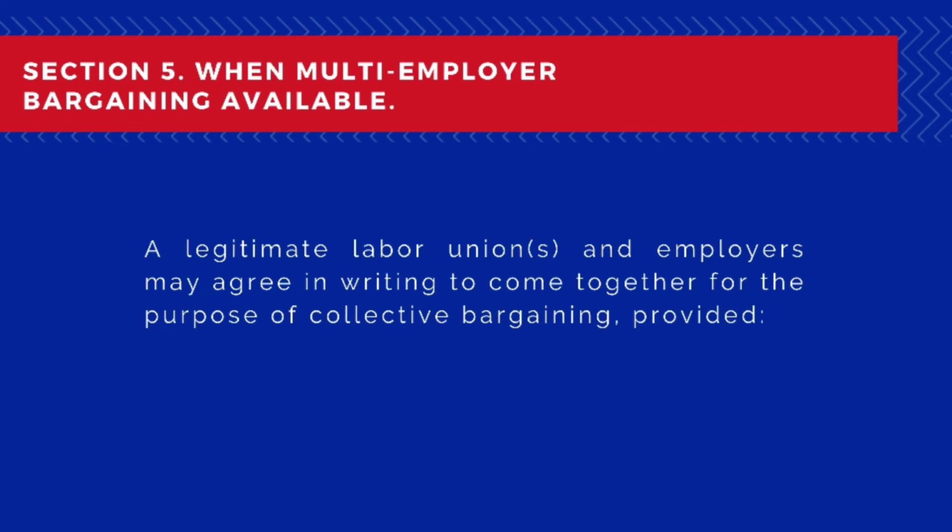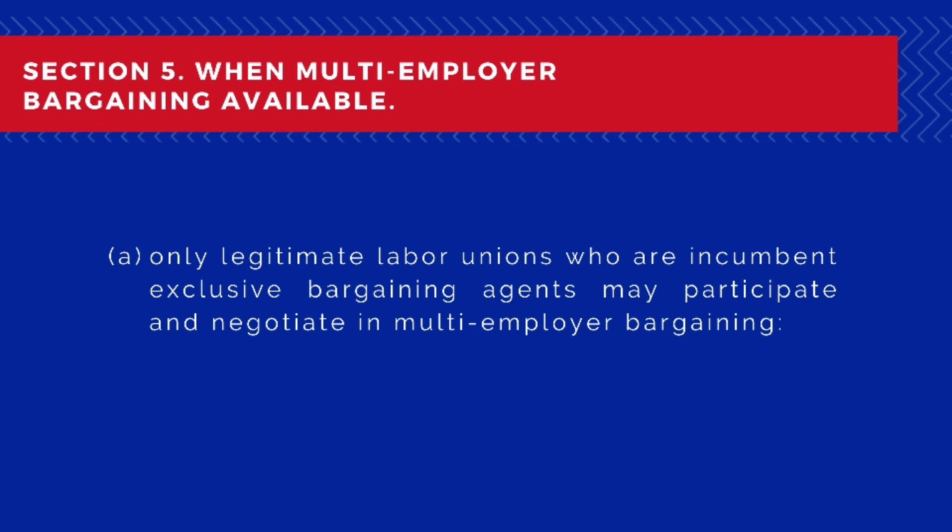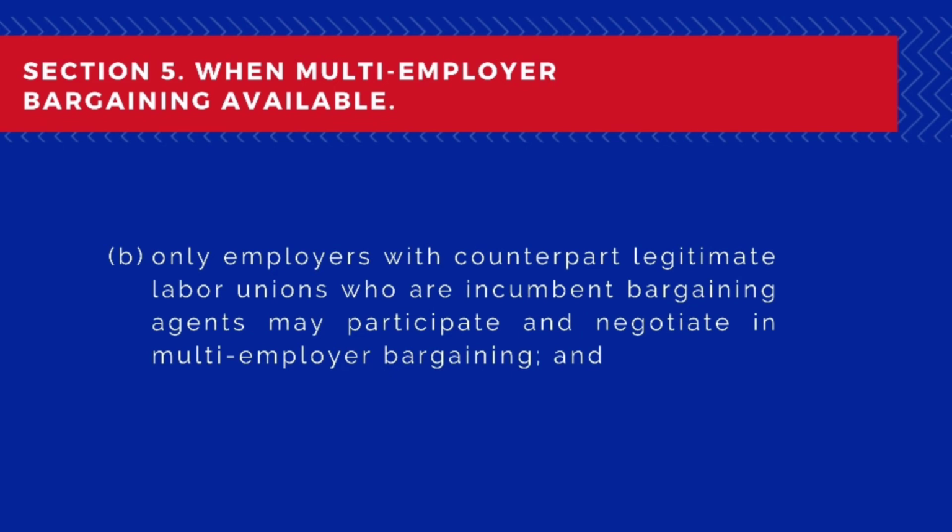Section 5. When multi-employer bargaining available. A legitimate labor union or unions and employers may agree in writing to come together for the purpose of collective bargaining, provided: A. Only legitimate labor unions who are incumbent exclusive bargaining agents may participate and negotiate in multi-employer bargaining. B. Only employers with counterpart legitimate labor unions who are incumbent bargaining agents may participate and negotiate in multi-employer bargaining,